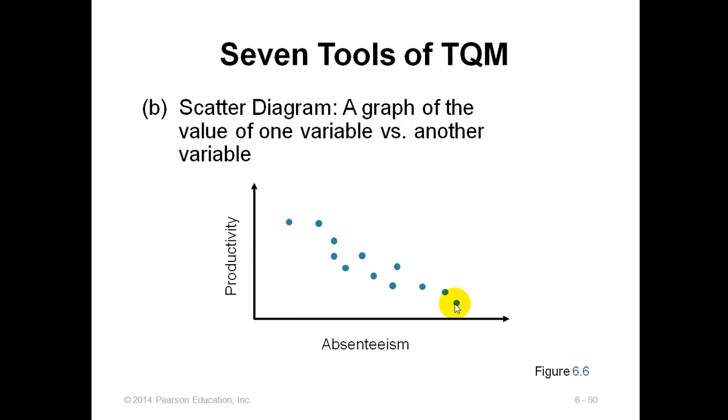It is showing me a negative relationship, which says that if my employees remain more and more absent, productivity is going to be reduced. If my employees are absent for 1 day, productivity is somewhere here. If my employees are absent for 10 days, productivity is going to decrease. So this is how I can interpret the relationship of two variables. It has a negative relationship.